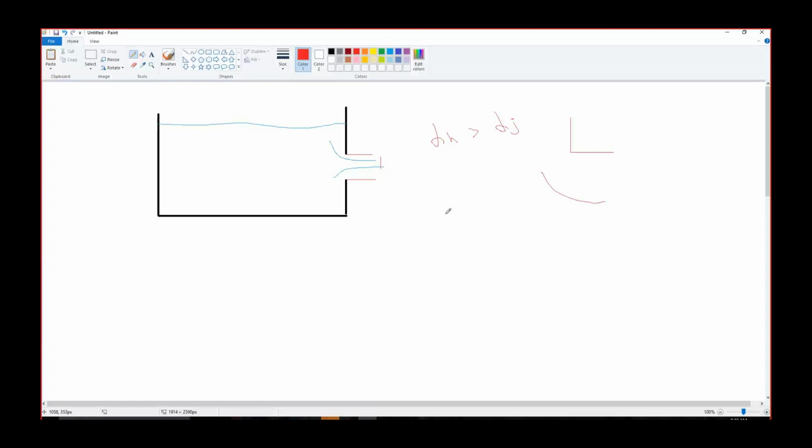So what would be the result of this? Any idea? Sir, there will be an error in the final calculation. The velocity that we calculate would be erroneous. Yes, sir. Right? Because